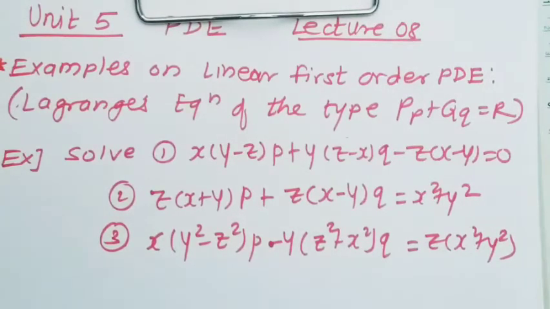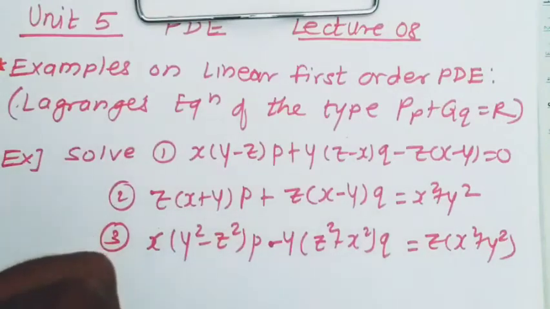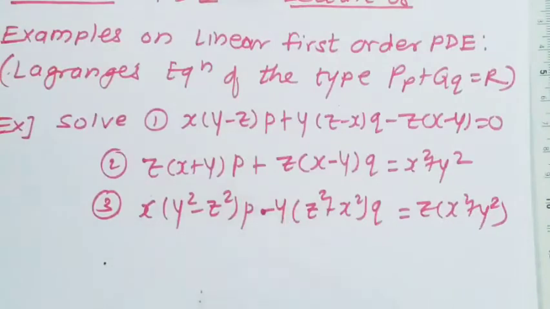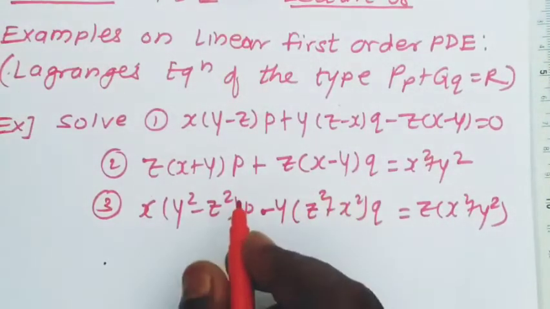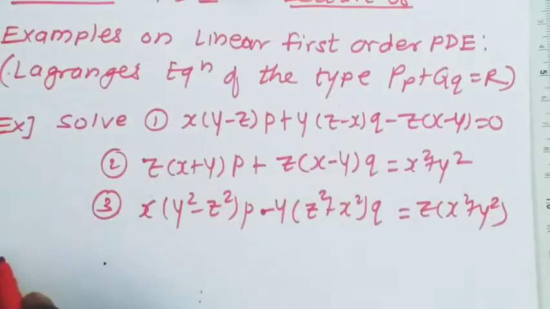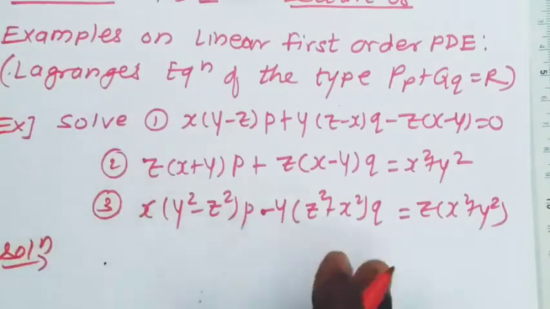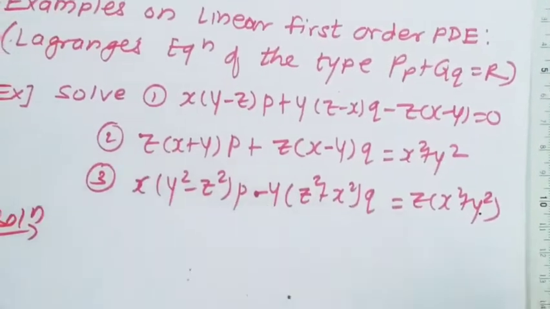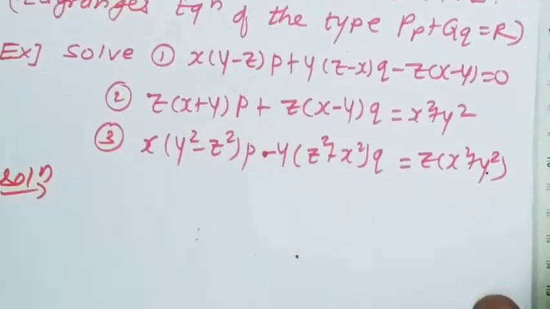And in this lecture we are going to solve this type of problems using the method of multipliers, the second method of solving. That method we have also discussed in one of the videos. We select the multipliers l, m, n to get the fourth ratio, l dx plus m dy plus n dz divided by l P plus m Q plus n R equal to 0. That type of method we are going to use here. A few problems I have listed. In all the problems we use the method of multipliers to get the two independent relations u and v.